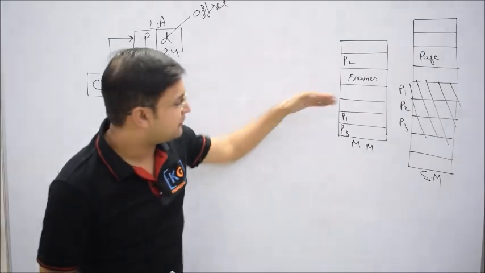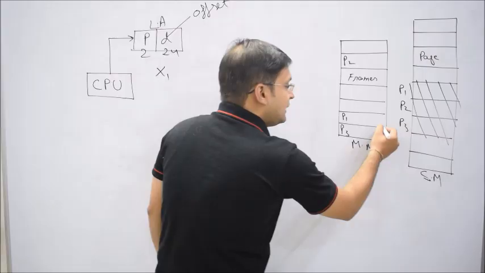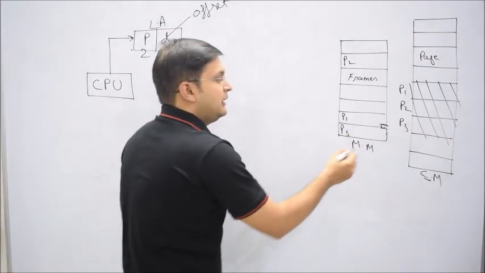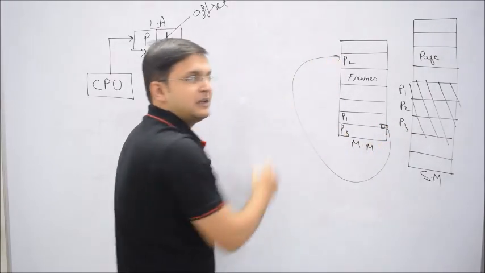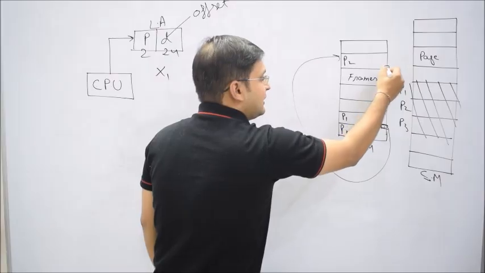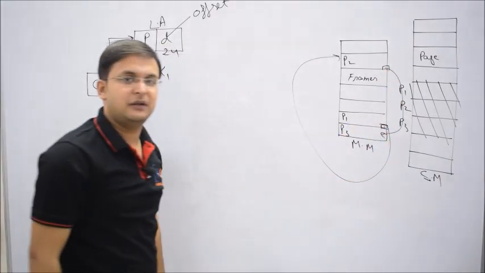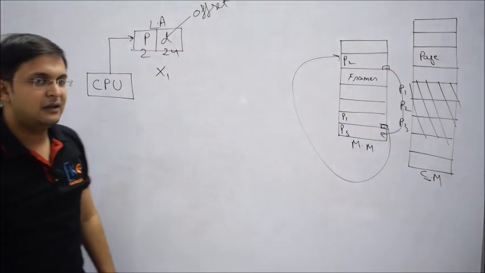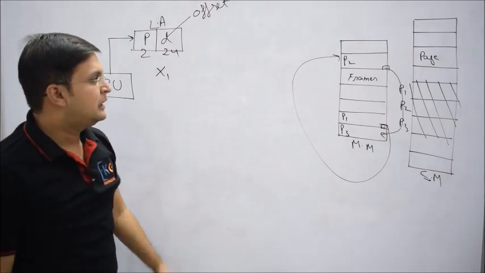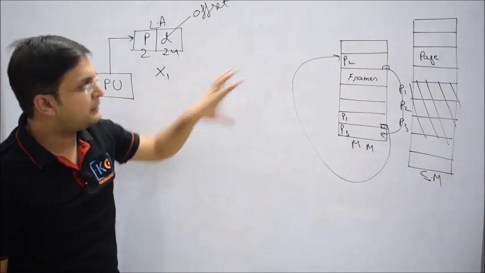So I'll go to the first page, and then the last line of the first page will contain a pointer to the second page, and then the last line of the second page will contain a pointer to, for example, a third page. You see, it is very easy. It works like a linked list. And similarly, what will be the advantage?